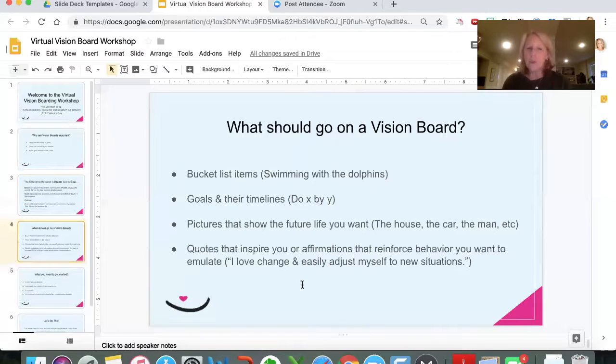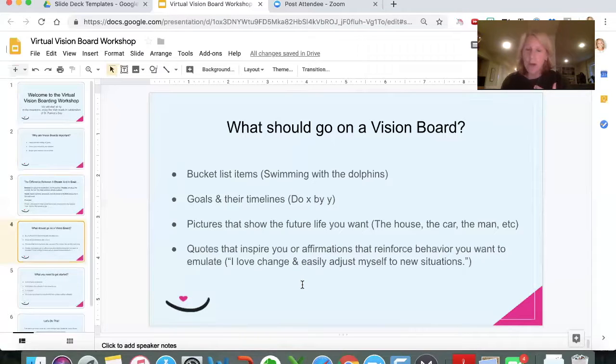So, and goals are usually associated with timelines. So you want to do X by Y. A bucket list item, that was one of my bucket list items, but I went to Mexico about 3 years ago when I swam with dolphins.